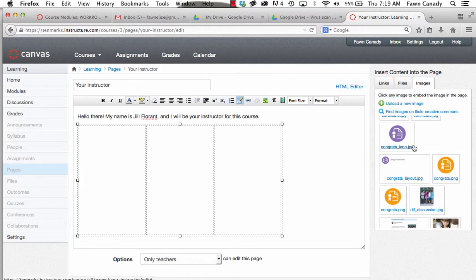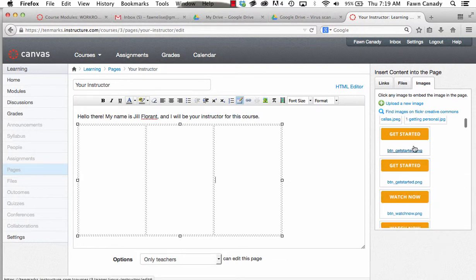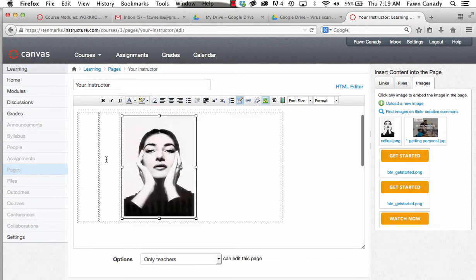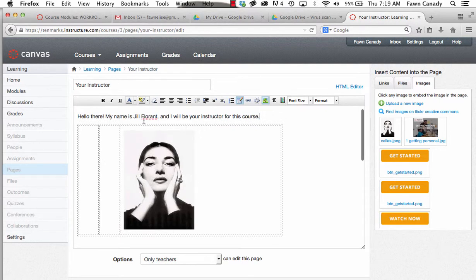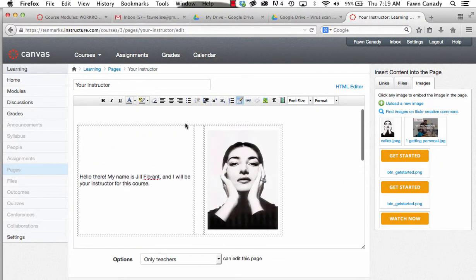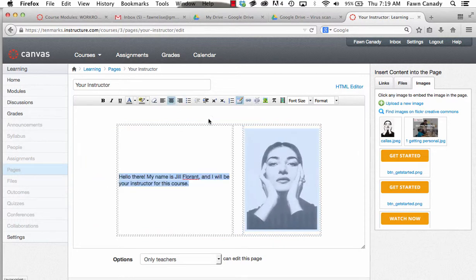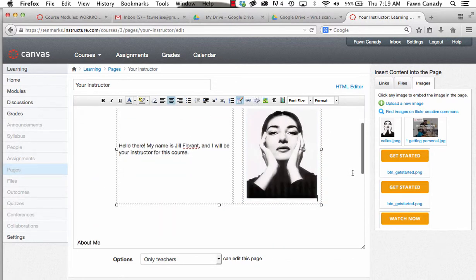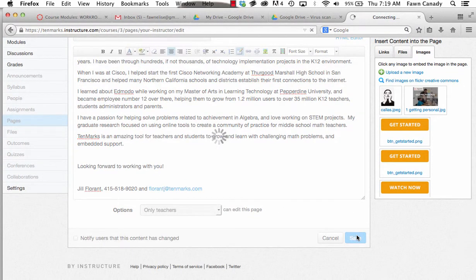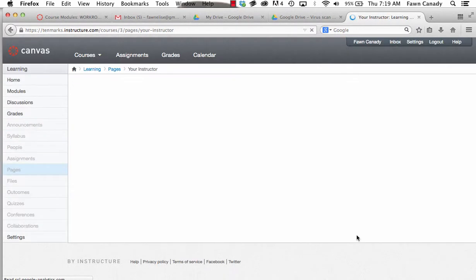Let's say I want the image over here on this side. I'm going to select my image. And let's say I wanted to take this text. I'm going to cut it and then paste it in here. And if I wanted to then center this, I could, and it would take the text and the image. So that's why you would use tables. So in a nutshell, that's how you add an image